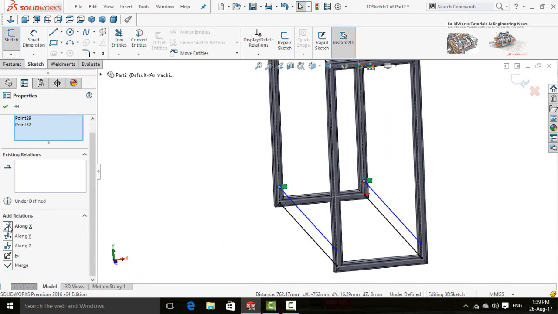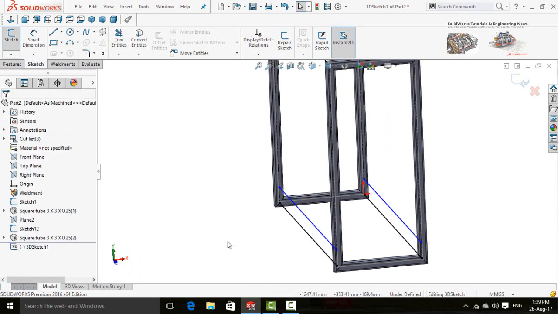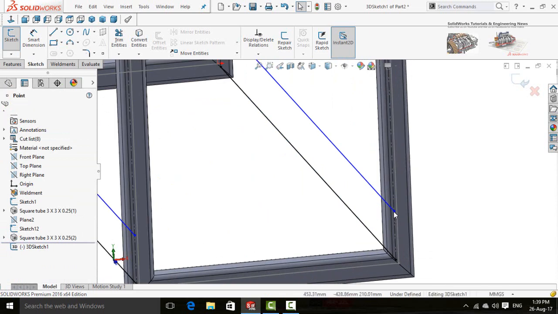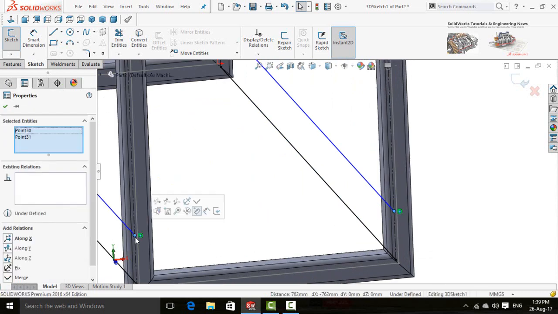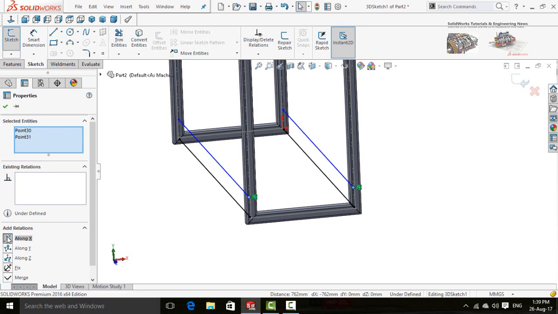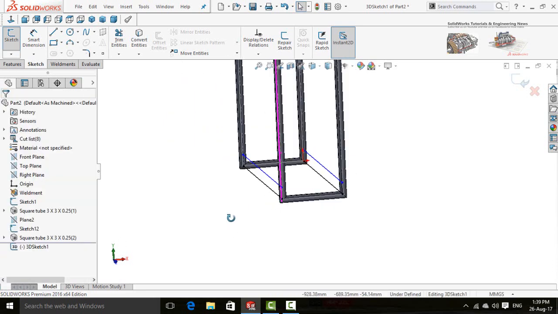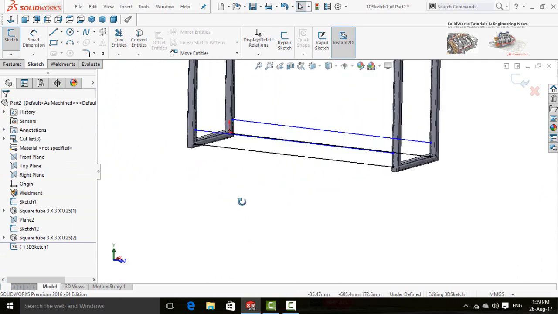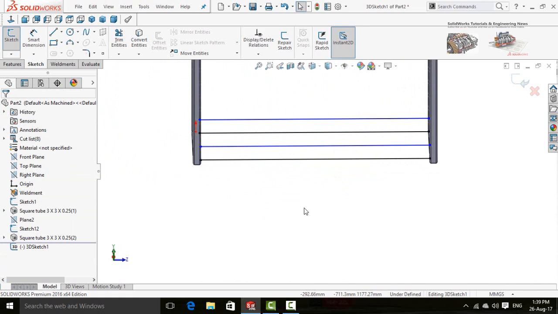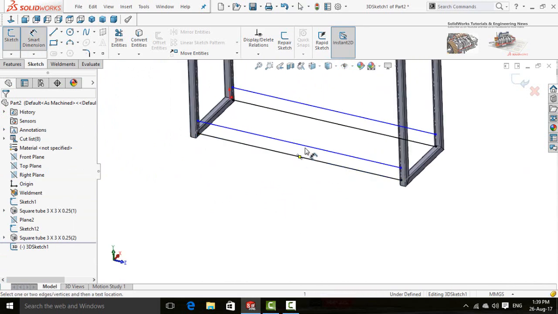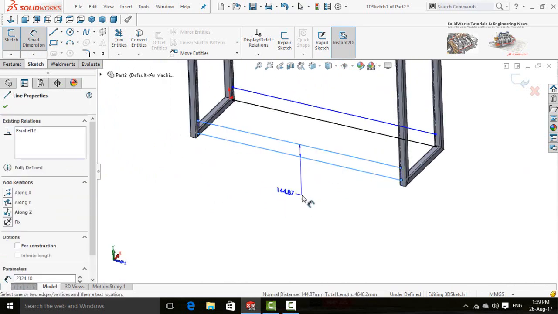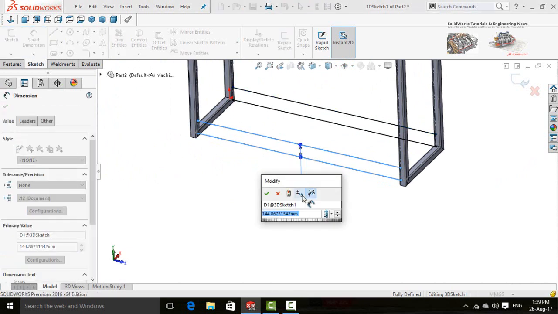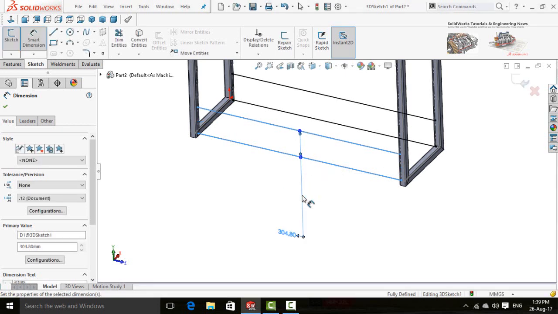So make relation along x-axis. Similarly, for these points, make relation along x-axis. Now add dimension, 1 feet.